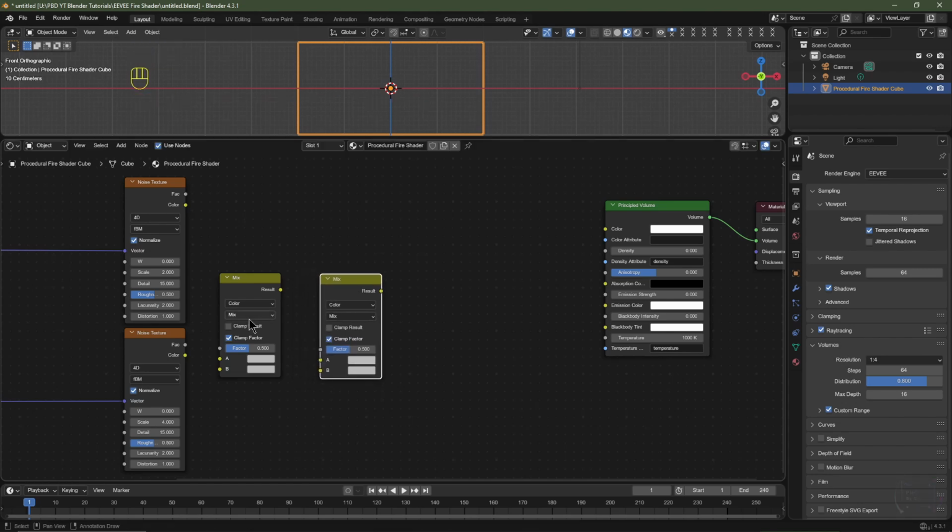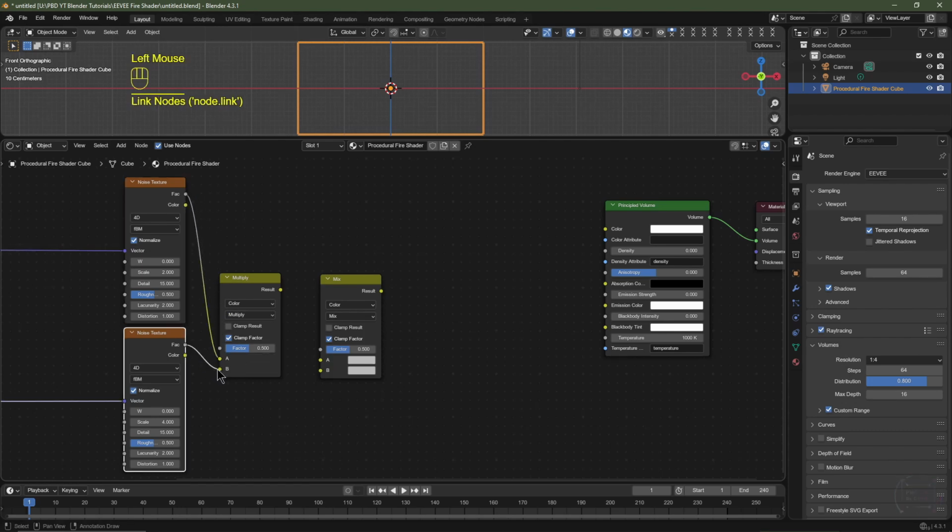I'll change the mix type for this first mix color to multiply. I'm going to drag the factor from this noise texture into socket A and the factor from this noise texture into socket B, and then I'll drag this factor on the mix color node to 1. I'll then drag the result from this mix color into the factor of this mix color node. I'll drag the factor from this noise texture into socket B, and I'll drag the factor from this noise texture